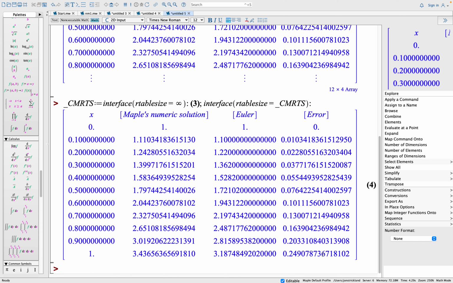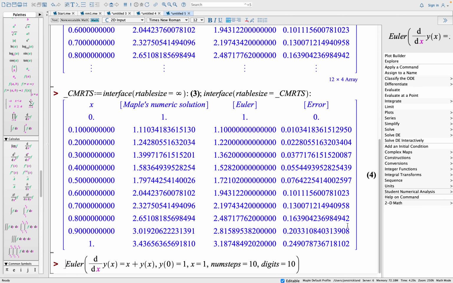Now, let's say that for what we have in terms of the command, with the number of steps, if I have this at 200 steps with the step size at 0.005, and I'll carry this out to 10 digits, and I'll go ahead and put this in tabular format. So I have output is equal to information,